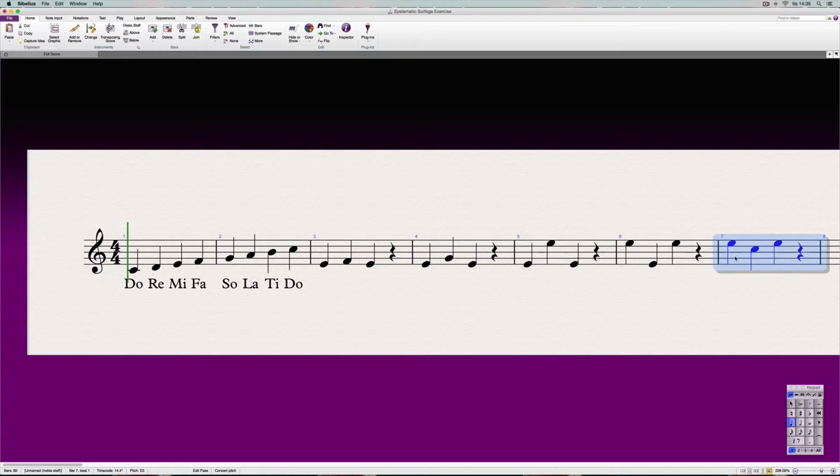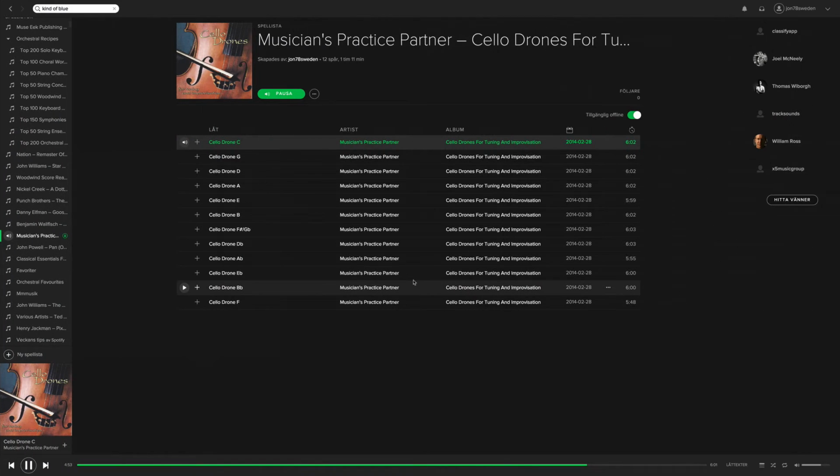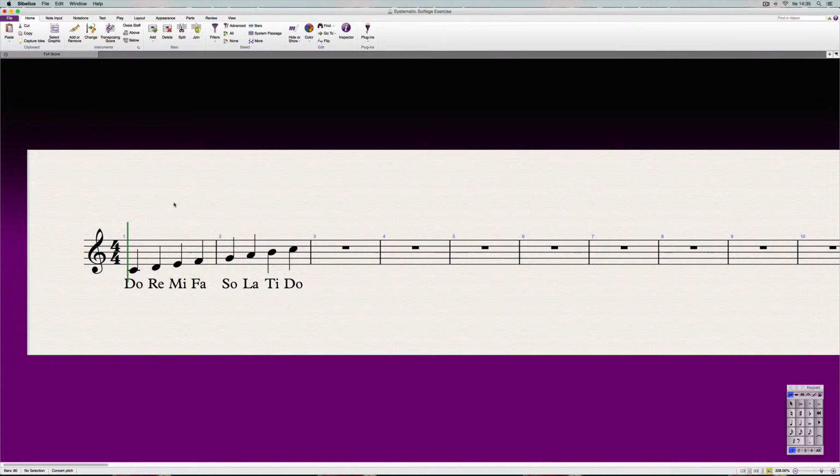Okay, and you keep going like that, starting on Fa, so you got Fa So, Fa La, Fa Ti, Fa Do, and so on, and starting on Fa up here and going down, and then you start on So, up and down, La up and down, Ti up and down, and then you're back at Do, and then you've already done that. Okay, and by doing this you have shut this down. By doing that you have covered every possible interval within the major scale,